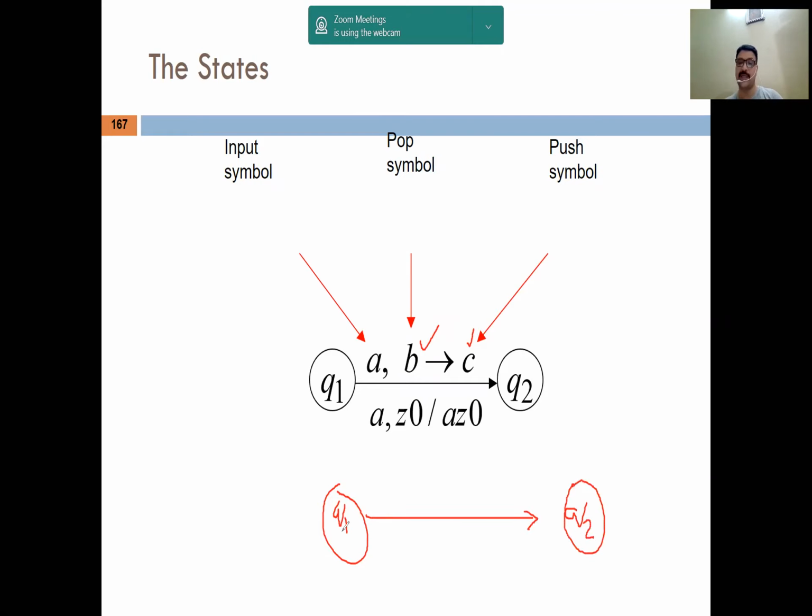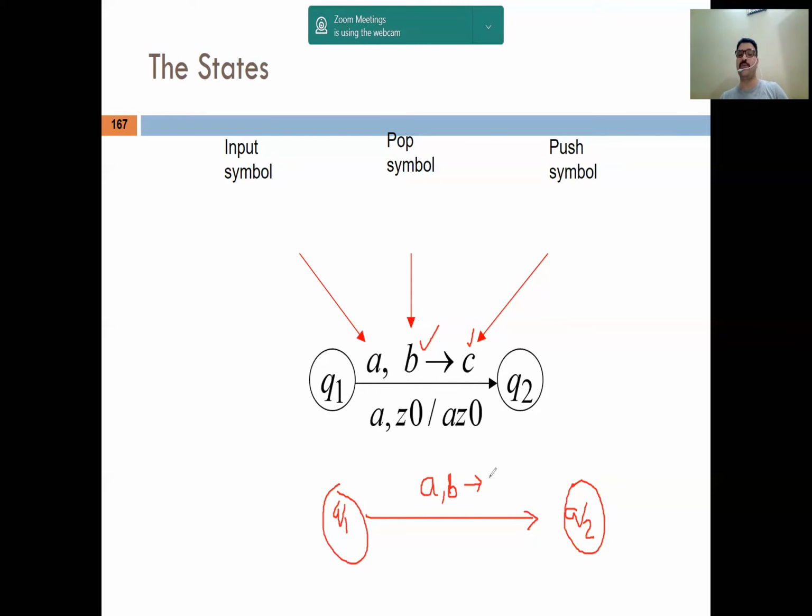For example, you are in state Q1, and after reading A, you are moving to a new state, that is Q2. That is sufficient in case of DFA. But in case of PDA, as you know, A is read from the input tape, and at the same time you have to pop out a symbol, the topmost element, from the stack. So in this case, you must write the symbol from the stack here. You must write here the symbol that is popped out from the stack, and after that what you want to push into the stack.